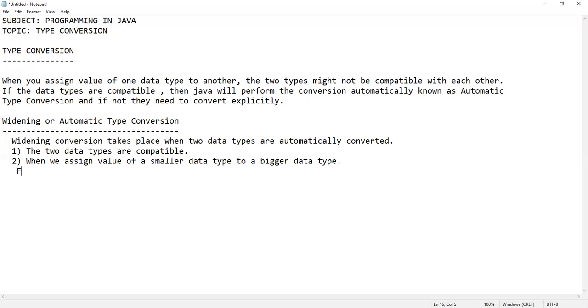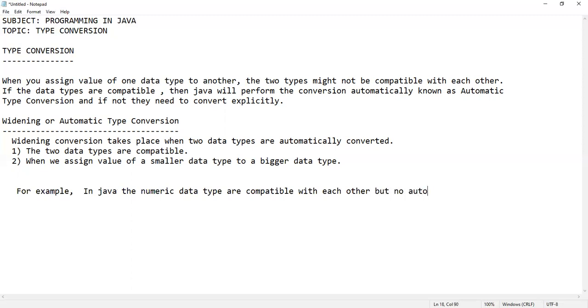So for example, we'll see in Java, numeric data types are compatible with each other.